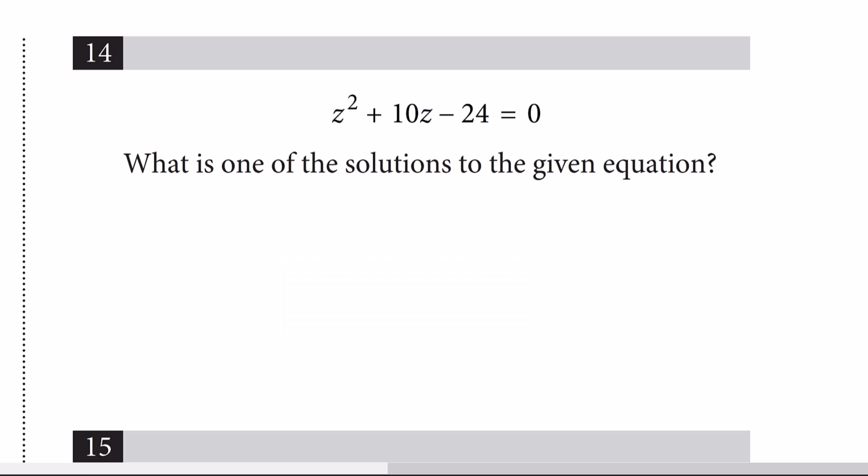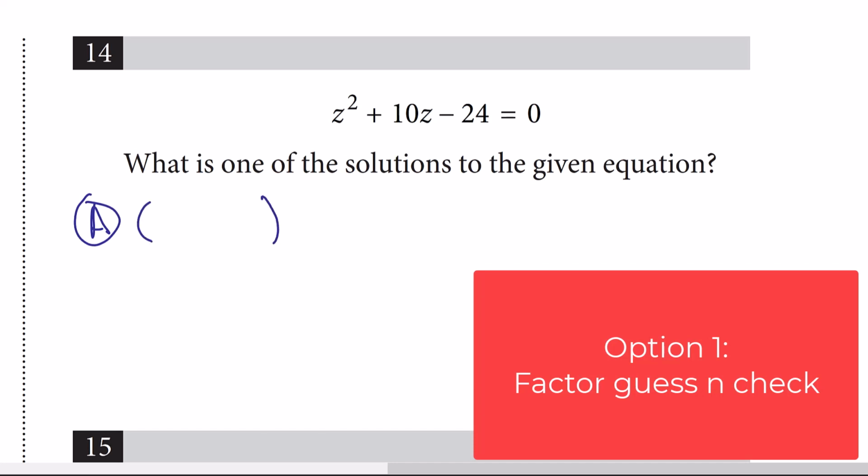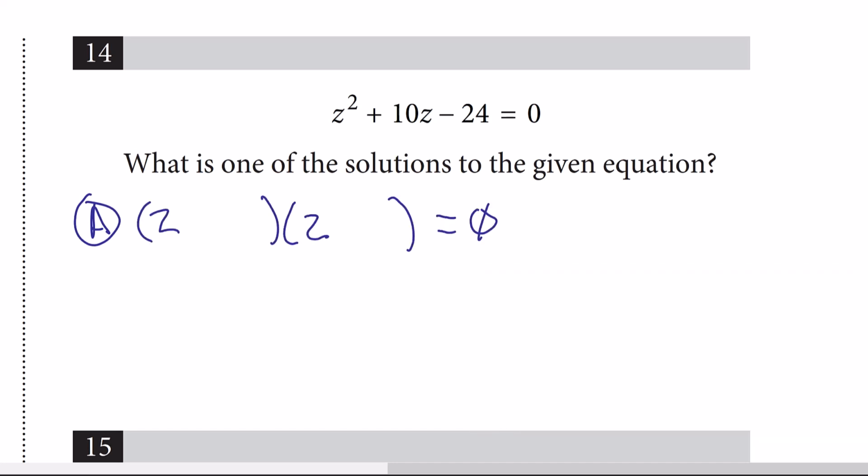There are 2 ways you can do this. First way is to factor this, and this is what you learned a long time ago, and we're going to go ahead and set it like this, and we know there's a Z here and Z here. Now what we need is 2 numbers here that multiply out to be negative 24 and add to be a positive 10. Now, sometimes it's hard to see this stuff, so this is more of a guess and check method,